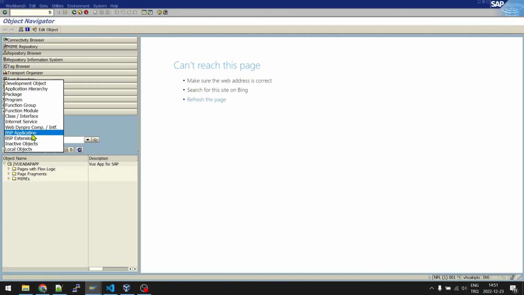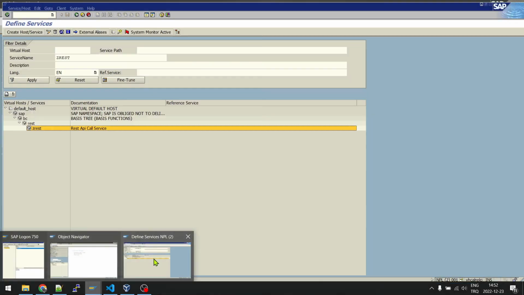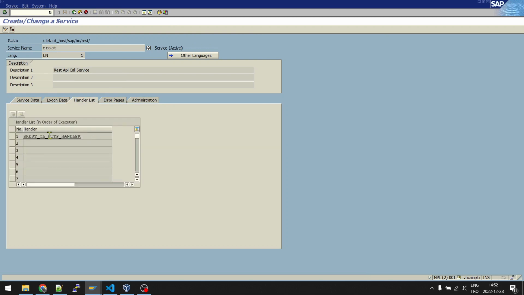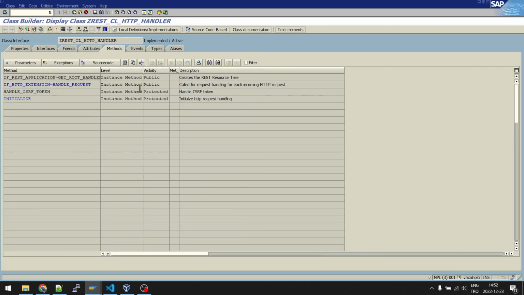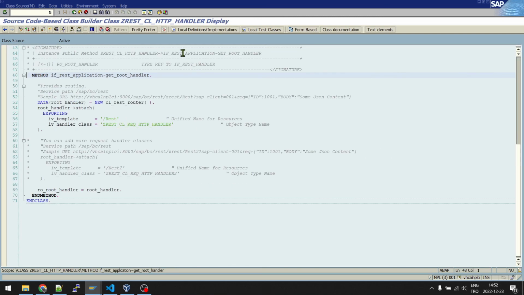So if I go to the package under Z-REST, if you don't remember what the class of the REST API endpoint is, you need to go to services. And here in services, you need to go to the handler list. You can just copy this one and open it with SE24. Here in the source code, you can see it is going to the get root handler and it's calling this class if the request is coming from /rest. So if you open this class,